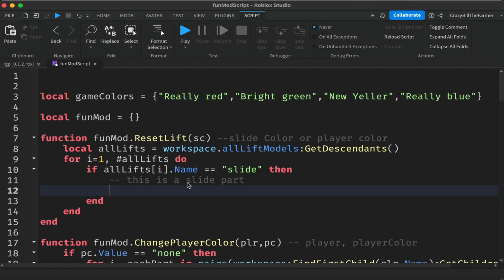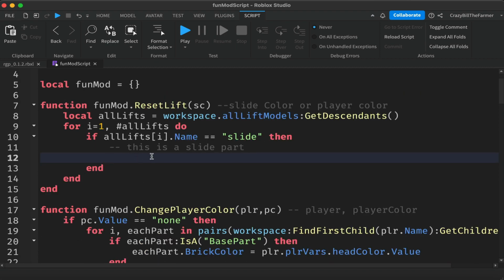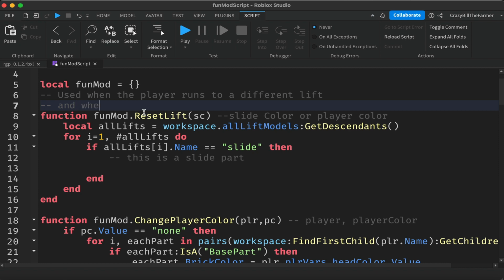So we can go ahead and work with the code in here. Now, before we continue, it's a little bit confusing because we're using this in 2 different situations. So we're just going to make a couple of comments up here. We're going to say used when the player runs to a different lift, and when the player touches a color that is not theirs. So those are the 2 situations,